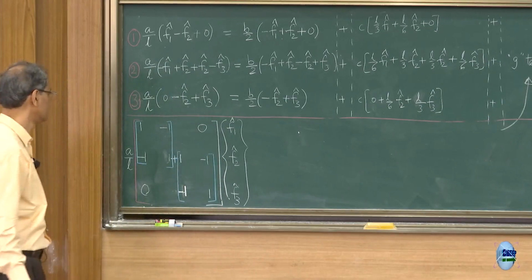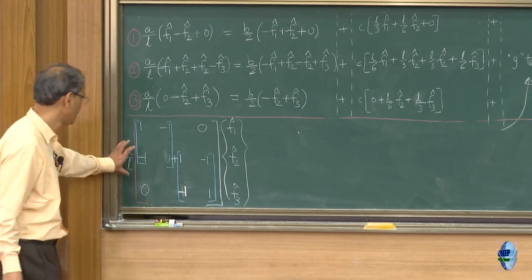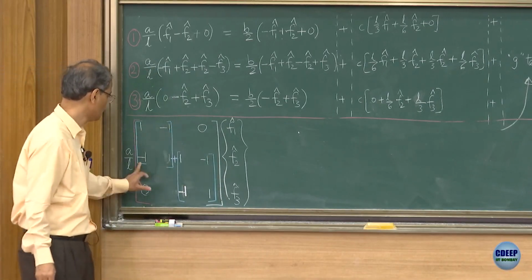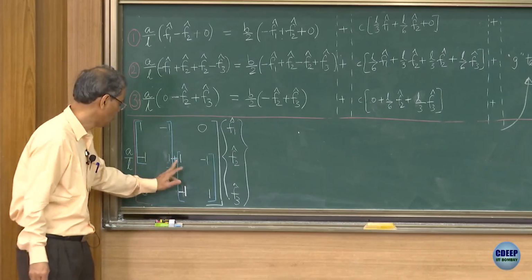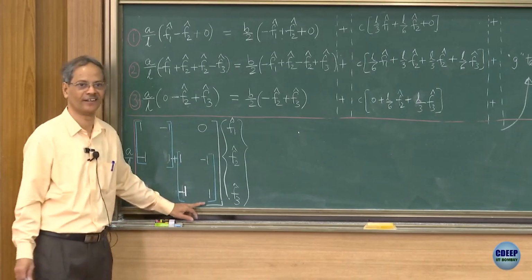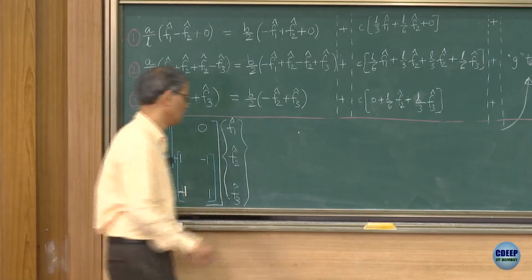Okay. A by L, 1 minus 1 minus 1 1. Same thing repeated for the second element, 1 minus 1 minus 1 1. Okay. This is equal to